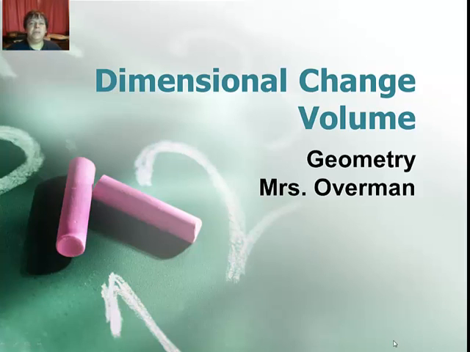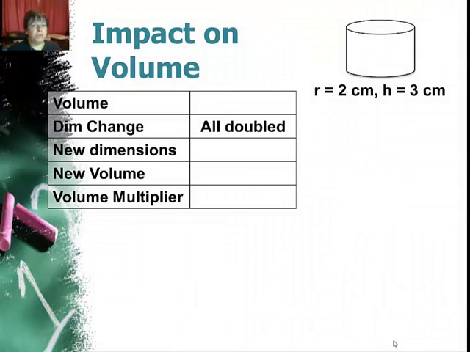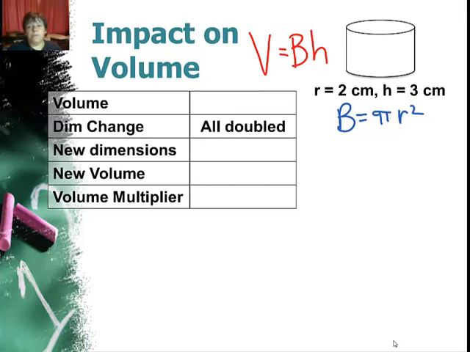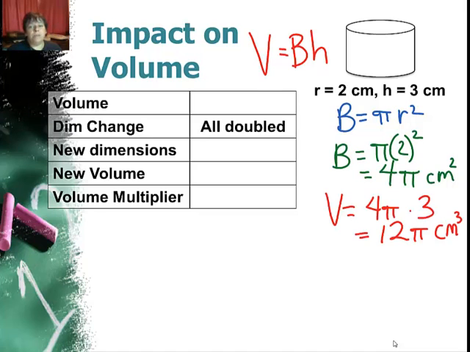Finally, we're going to take a look at the impact of dimensional change on volume. This one's actually a little easier to work on than surface area. So first of all, recall that the formula for volume, in this case a cylinder or a prism, would be base times height. So I'm going to go ahead and calculate the volume first by finding the base, which turns out to be 4 pi, and then finding the volume, substituting in the height, 4 pi times 3, or 12